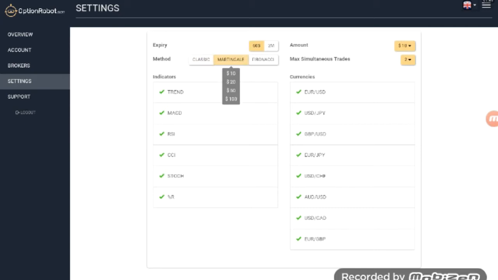If you look up here at the expiration time, we're going to select 2 minutes. Over here at the trading amount, I'm just going to leave it at $10. Where it says the maximum amount of simultaneous trades, I'm going to select 1, because we only want 1 trade happening at one time, so that we are able to use our martingale strategy in conjunction with our other